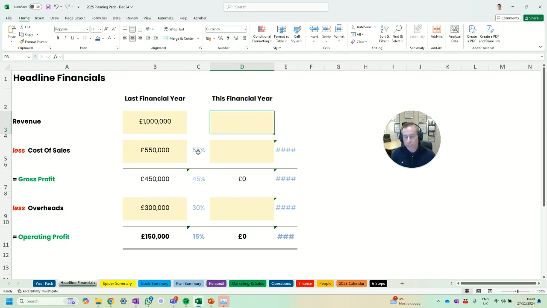And what, of course, that starts to generate is the percentage ratios as well. So cost of sales accounted for 55% of sales. Gross profit was 45. Overheads is at 30, which leaves us with an operating profit of 15. Those are your numbers. In terms of what you're looking to then achieve in the financial year coming up, let's